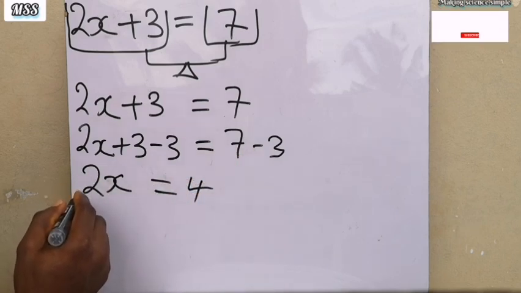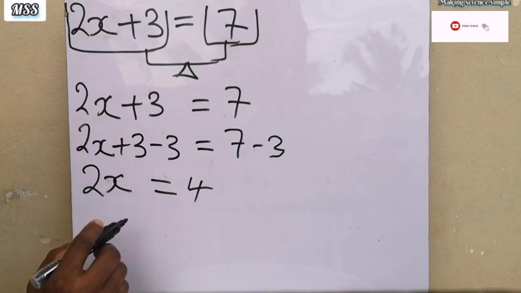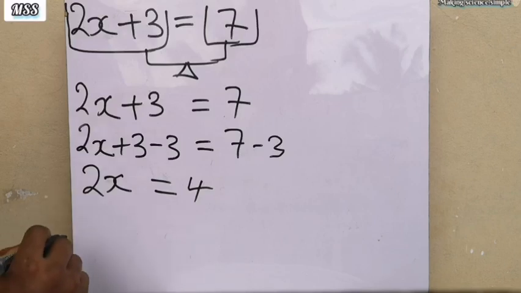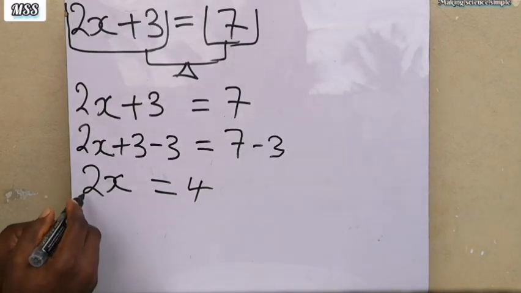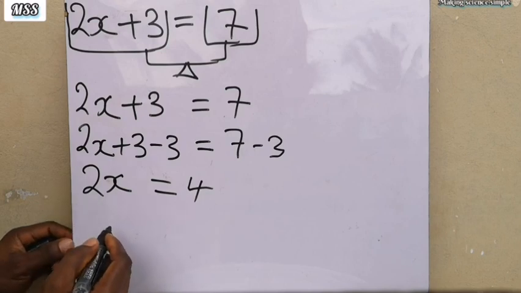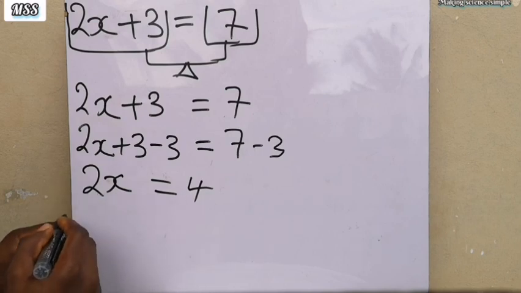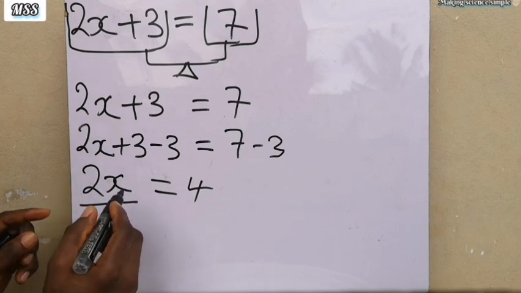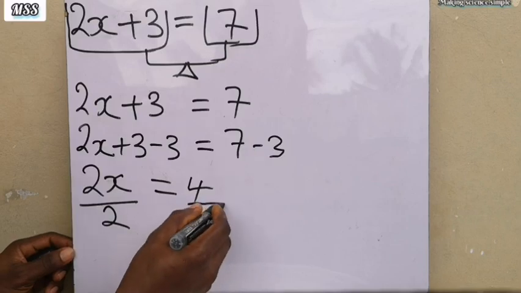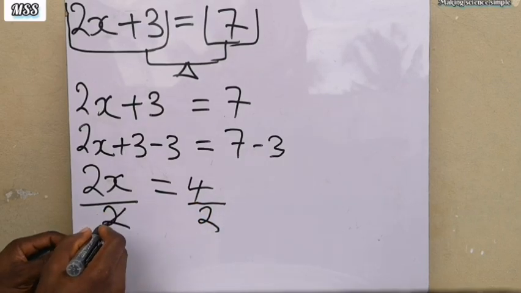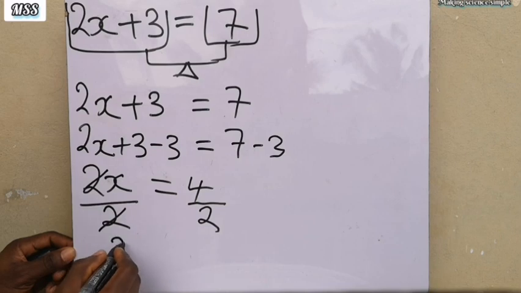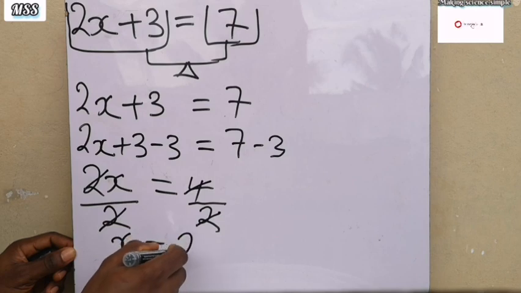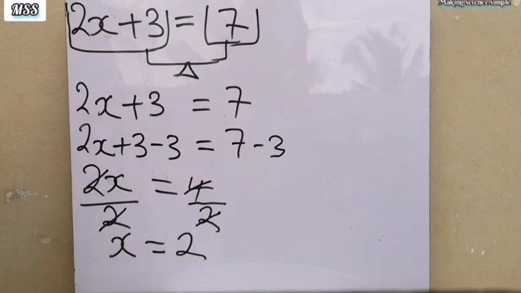Now, we have 2 here disturbing x. Normally, the way we remove anything that is disturbing x is by doing the inverse of that which is disturbing x. Since 2 is disturbing x by multiplication, we will remove 2 through division. So we'll divide 2x by 2, and at the same time, anything we do here, we'll do here as well. So we'll also divide here by 2. So now 2 will go here, 2 will go here, so that I have x is equal to 4 divided by 2, is equal to 2. Okay. Now,